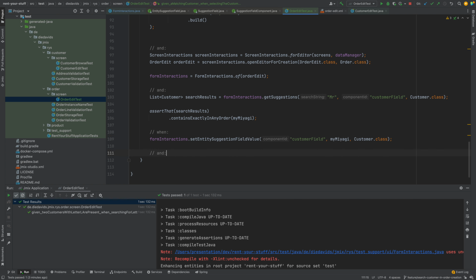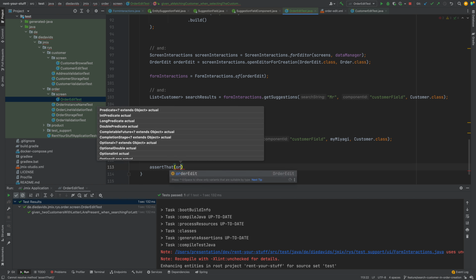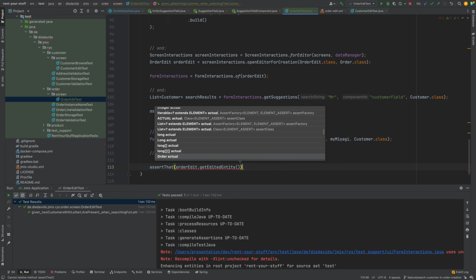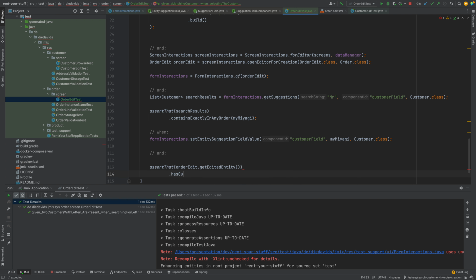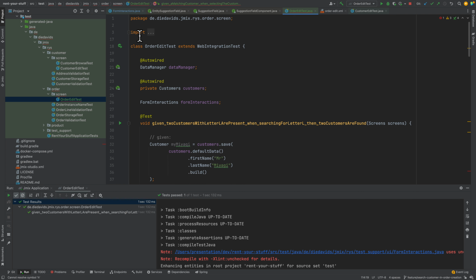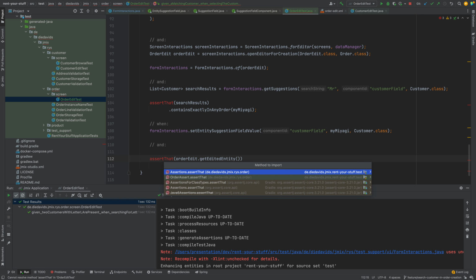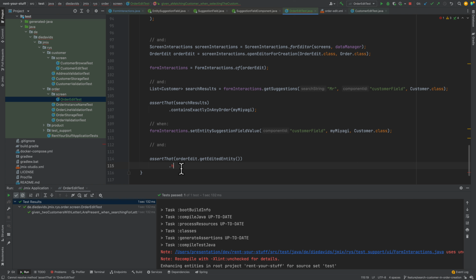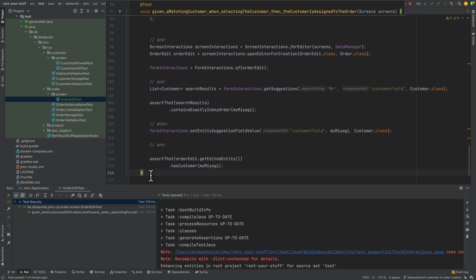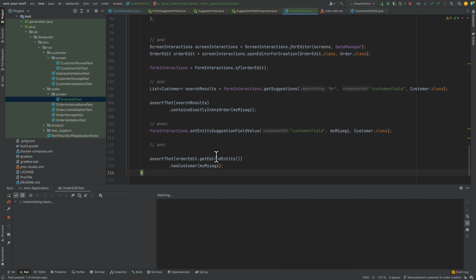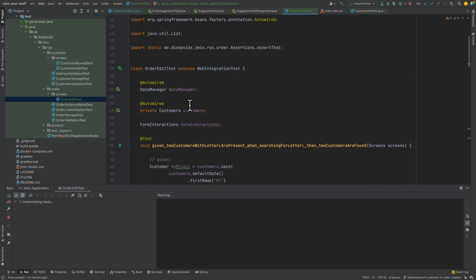And I think for the assertion, since we have the order edit instance in place, we could say get edit entity, and then let me just fix the import statement here, because we actually want to import the generated Java one, where we have some custom assertions in place, and then we can say has customer, and here we would also search for Mr. Miyagi. So let's run that and see if this already fulfills our needs,